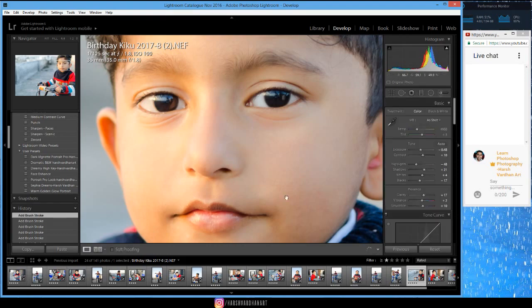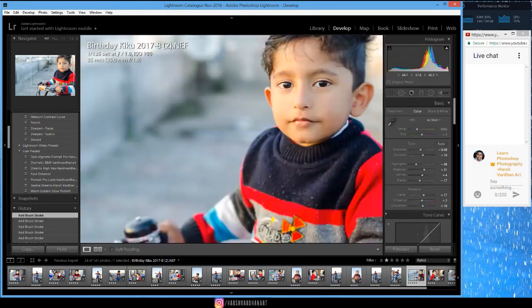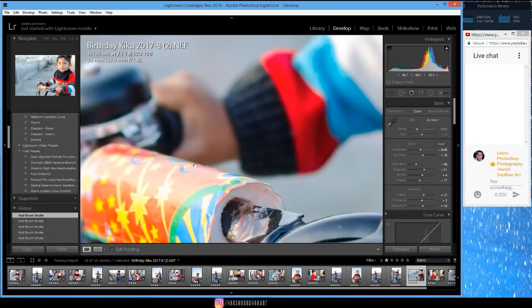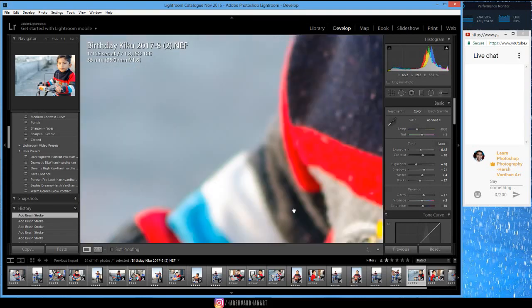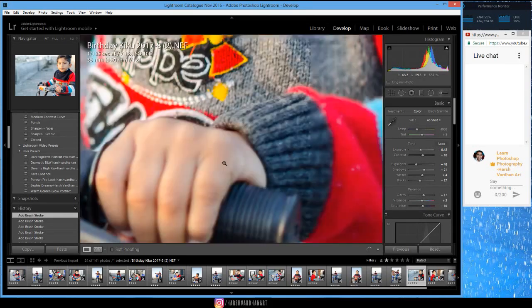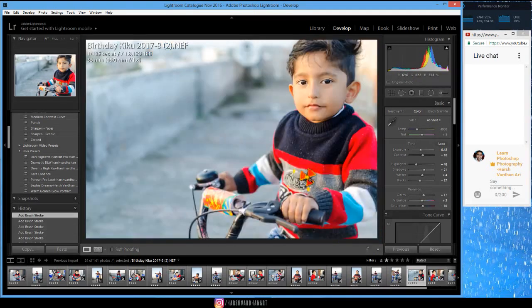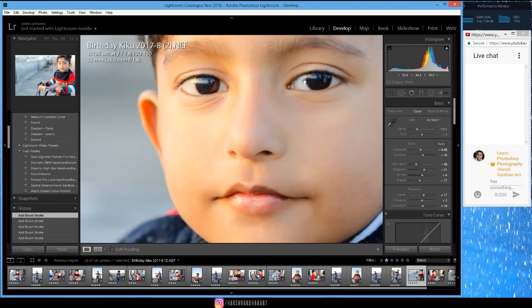Alright, now we have smoothened out the skin, and if you want, you can paint even on the hands, but there is no need. They are already blurred and out of focus, so we don't need to smoothen them out. All right, and now let's edit the eyes and increase the sharpness and the life or the details